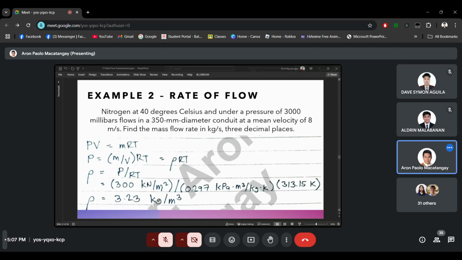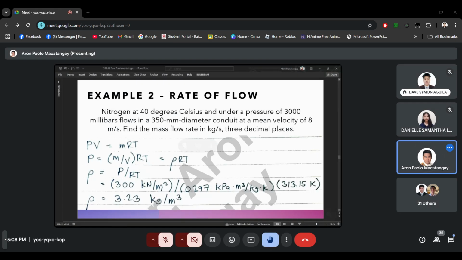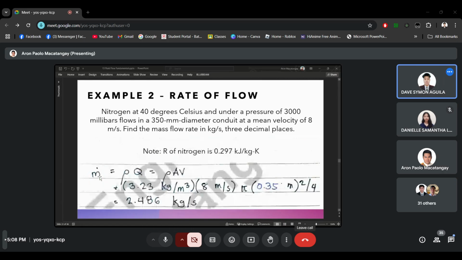May nakuha ba tayong answer, Aldrin? Okay po. Or sige, Daniel, diyan ka pa ba? Can you try to calculate? Wait lang po, sir. Okay. Medyo naghihina ang internet ni Aldrin daw. Dave. May sagot tayo, Dave? Okay, so